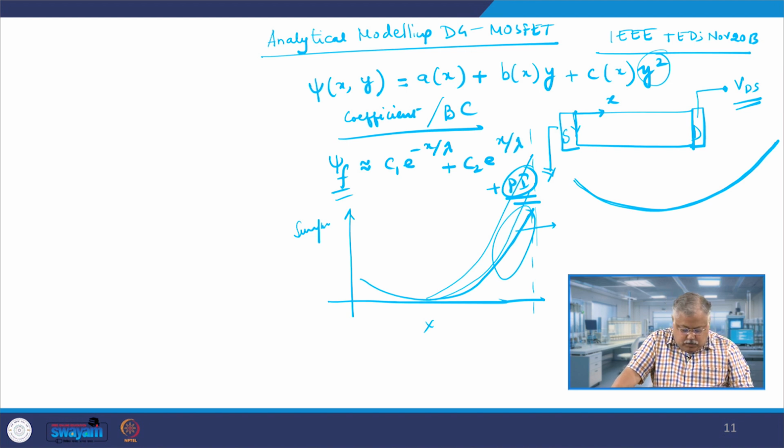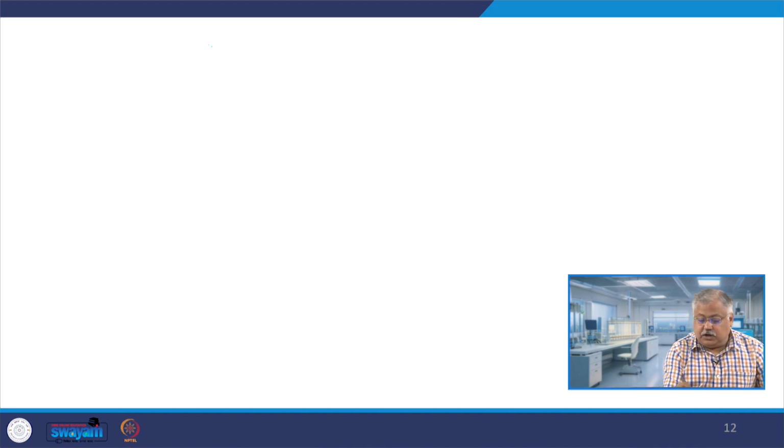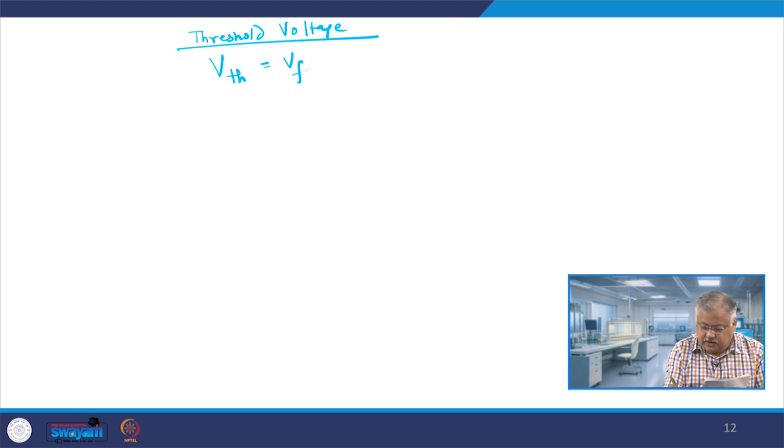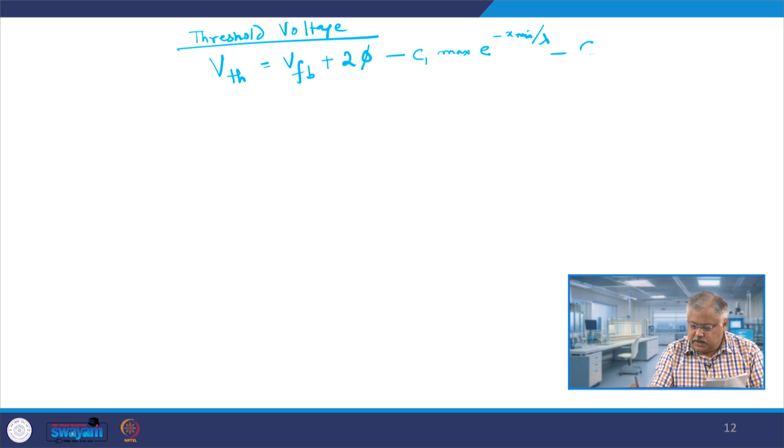And we found out the threshold voltage expression, where VTH was given by VFB, the flat band voltage, plus 2 phi f. This is coming from your conventional understanding that the surface potential should be twice going down. Therefore, this minus C1 exponential minus x min by lambda minus C2 exponential plus x min by lambda